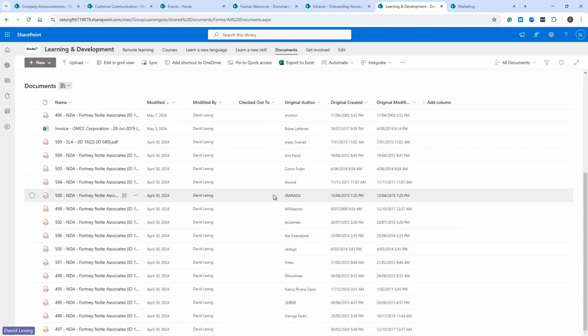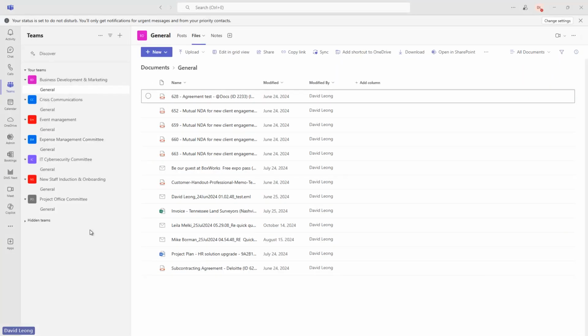So this makes sense to me as a user looking at 7 SharePoint sites, because every site contains information that's relevant to that subject matter. But it just doesn't stop there, because as a user, I'm also a member of 7 team sites in this scenario. See, I'm on the business development and marketing teams channel, and obviously there's documents and files within that.